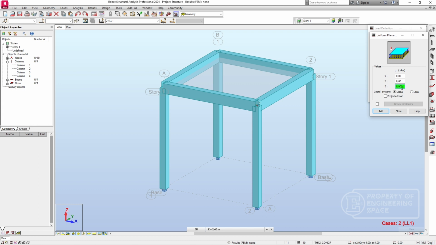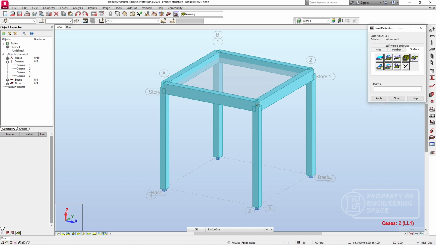Let's say we're gonna design this for maybe 4 kilonewton. Select the slab and